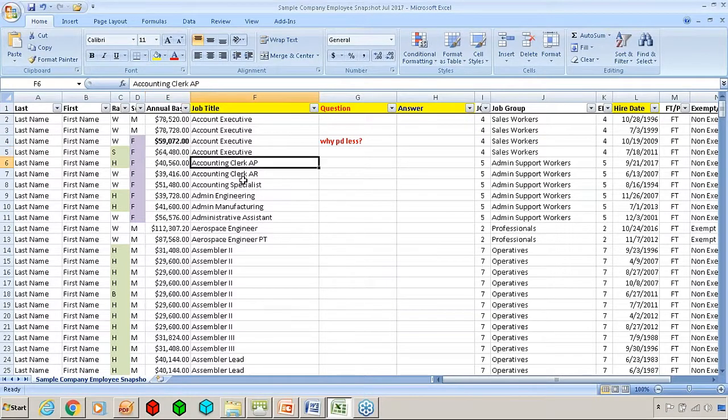Now here's an accounting clerk, AP and AR. Yes, those are different positions. They have different hire dates here, and you can see that the AP clerk is a new hire. The AR clerk has been there for 10 years. So why is the AR clerk making less? Is the job that different?